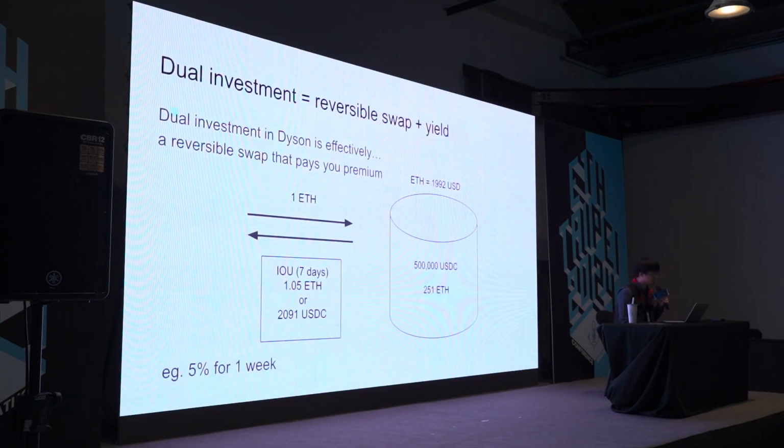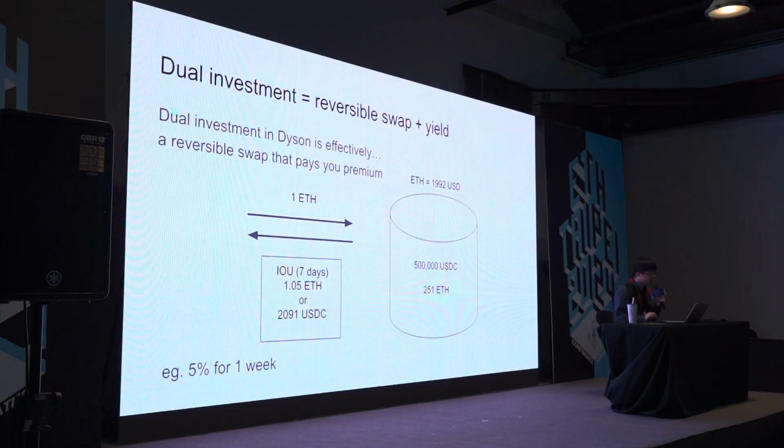So what lets this make sense is the protocol will provide an extra yield on top of that note. For the previous example, we said you will either get 1 ETH or 1992 USDC, but with a 5% premium for a week, 7 days later, you are likely to get 1.05 ETH or 2091 USDC. So both sides seem to be more profitable than the initial investment, which is $2,000 worth. Regardless of getting ETH or USDC at the end, you should think it is a profitable trade for you.